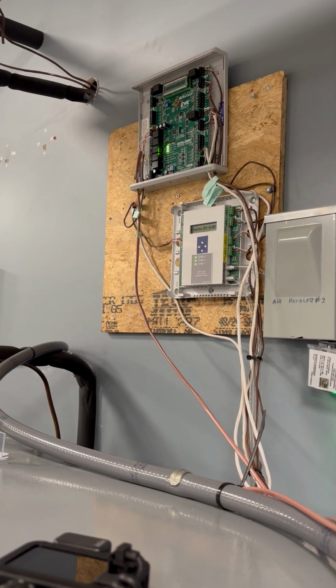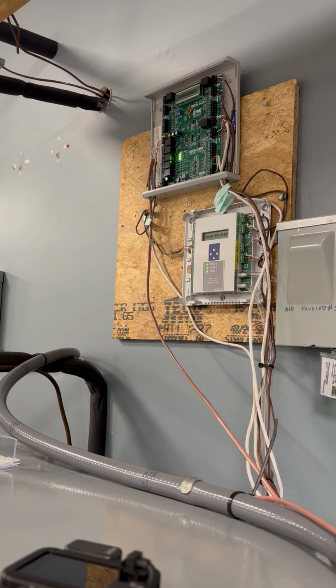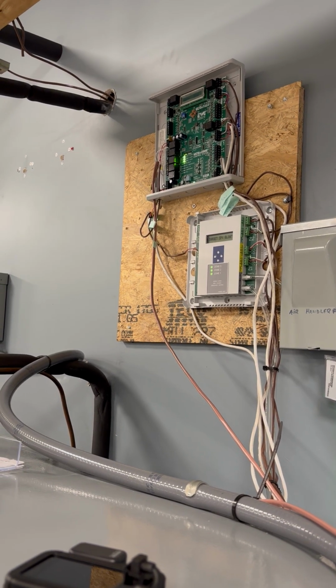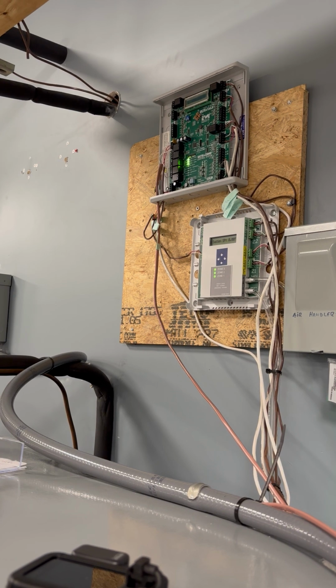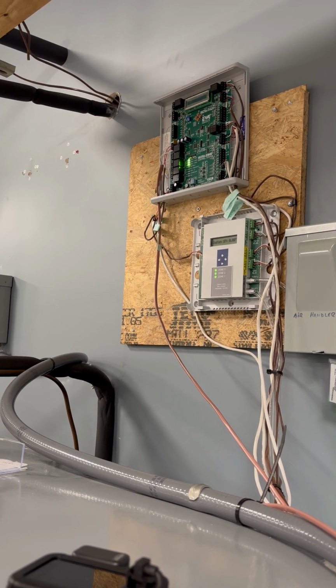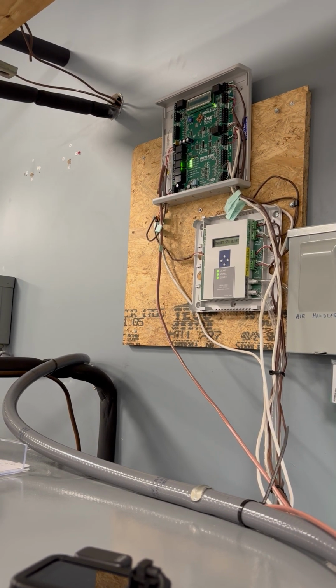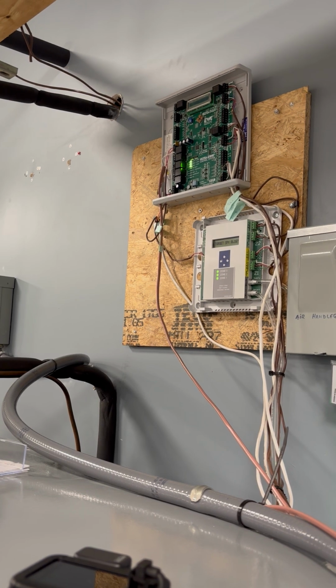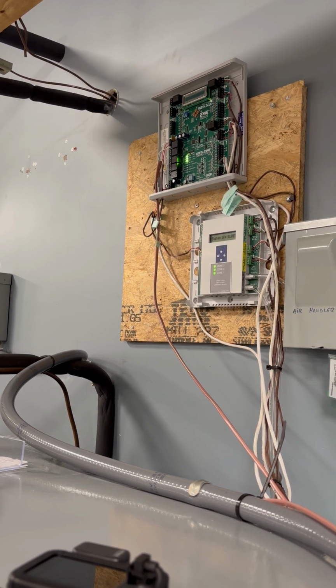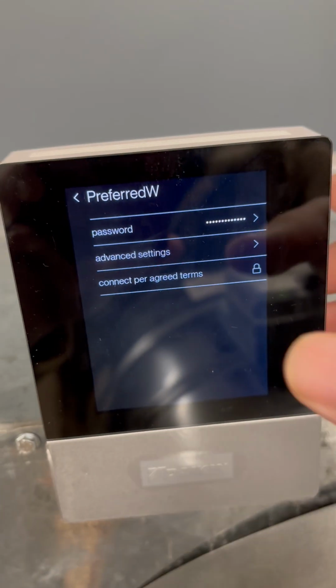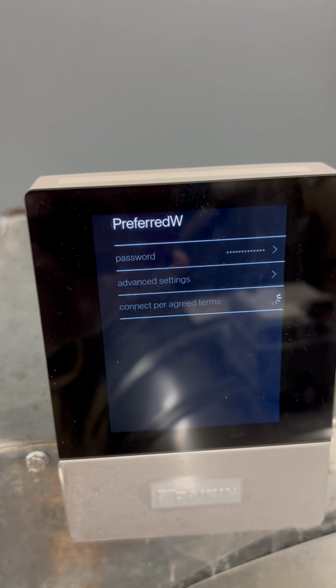And so once they're finished typing in the password to the Wi-Fi setup, you can then update to the newest software so that the thermostat will be up to date and have no further issues. So once they've put in the password, you can hit connect per agreed terms,